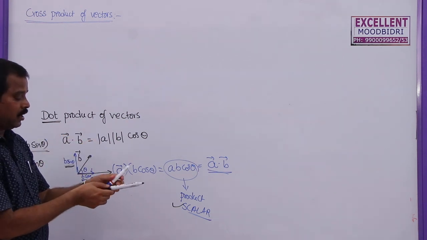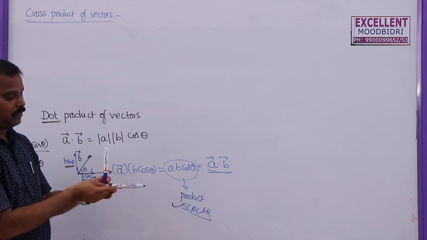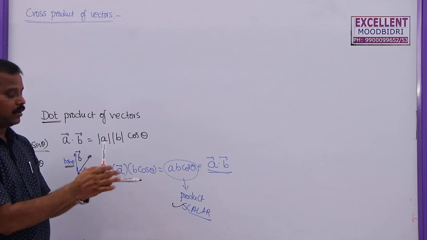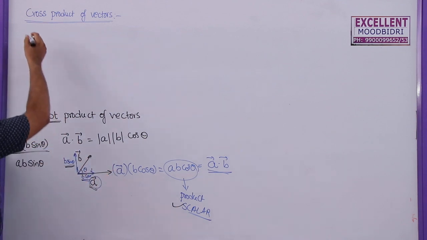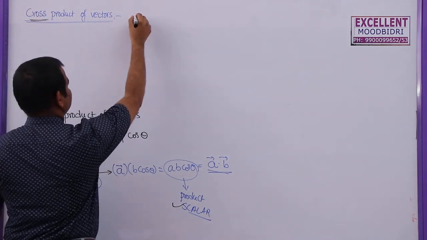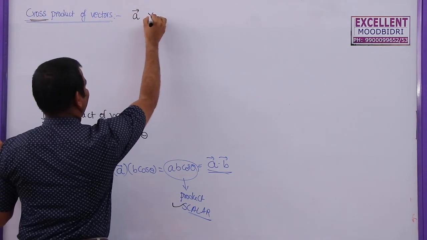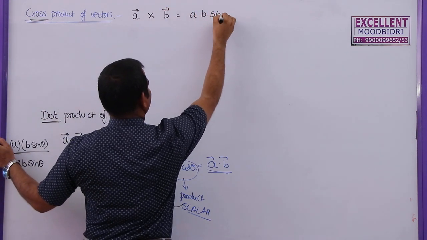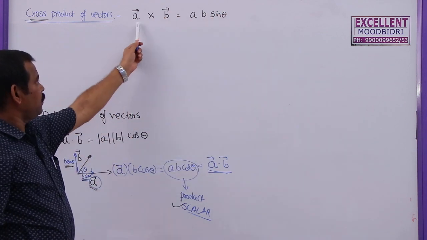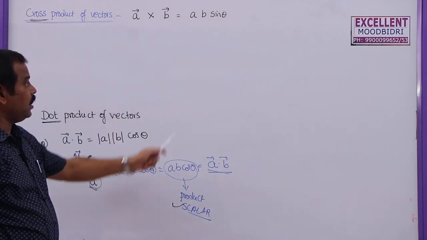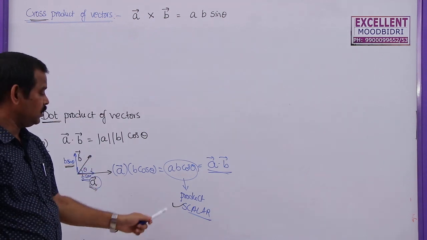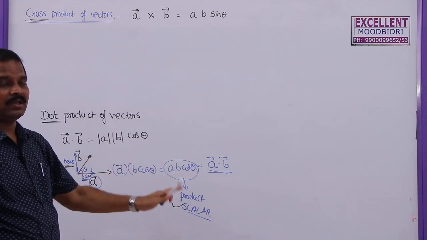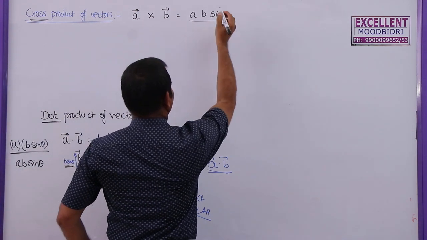But if two vectors are acting perpendicular to each other, if you are multiplying these two, you are going to get another vector, the product is always perpendicular to these two. So this is called cross product. So we denote this as A bar cross B bar, which is given by AB sin theta. The final product is not a scalar quantity, just like AB cos theta is a scalar quantity, but AB sin theta is not a scalar quantity, and this is also another vector.